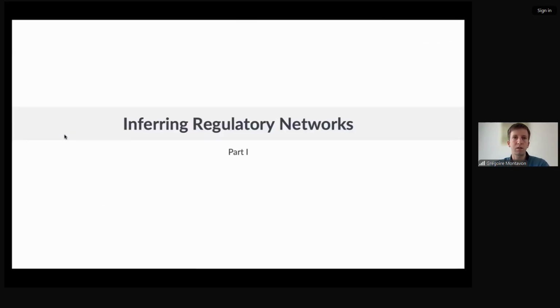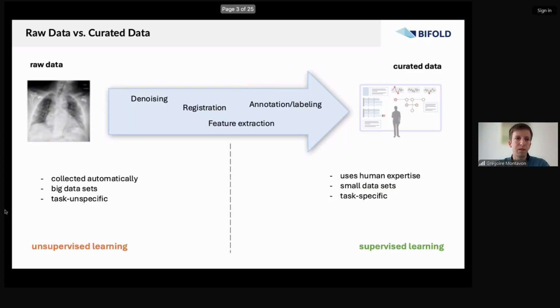So now, based on this need for addressing unsupervised learning, because you have these large available data sets, and also being able to understand this unsupervised learning black box, I will go through two medical use cases. The first one is more of a scientific nature, so trying to gain some scientific understanding out of data. And the second one will be in the context of foundation models.